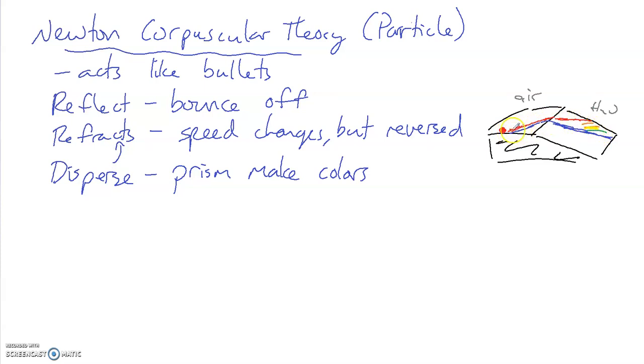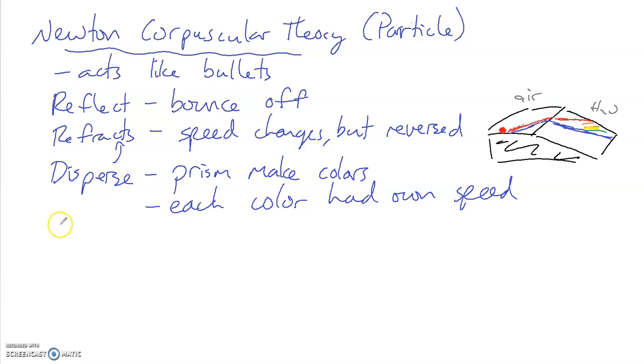And he basically said the reason why red goes straightest is because it's the fastest. So the red's the fastest one, and it goes straighter, while blue is slower, so the ramp has a larger effect. So all the different colors had different speeds. Dispersion is just a modification of refraction. He said prisms can make the colors, because each color had its own speed. So that whole ramp idea has more or less of an effect depending on the speed, which has its own color. So you could explain how you get rainbows and stuff like that.